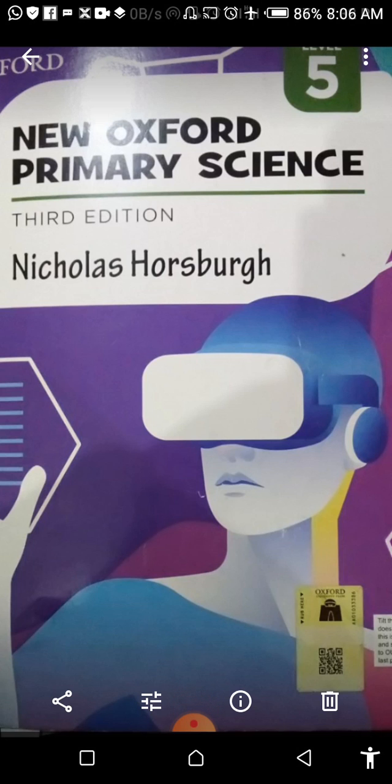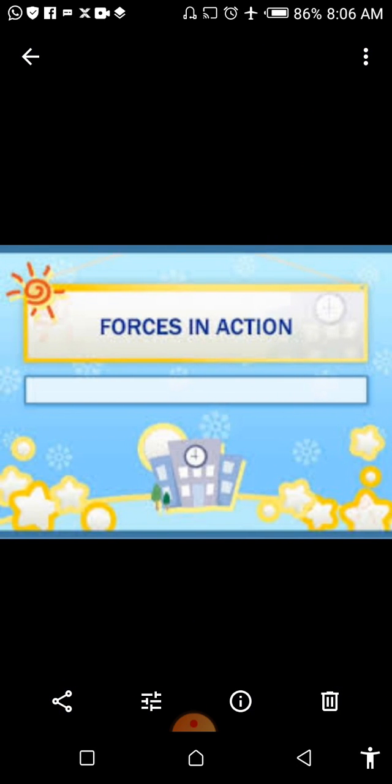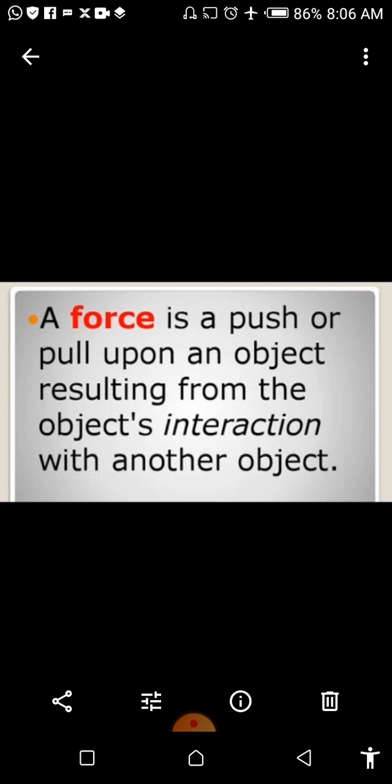Students, you know that we had already started unit number 8, forces in action. In this unit, you have read about the definition of force, the natural forces, and how force is measured, the unit of force, and the different kinds of forces like friction, inertia, and gravity. Clear? I have told you about the definition of force, that it is a push or pull exerted by one